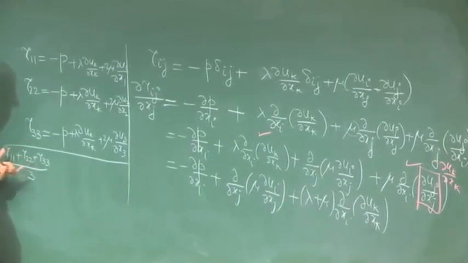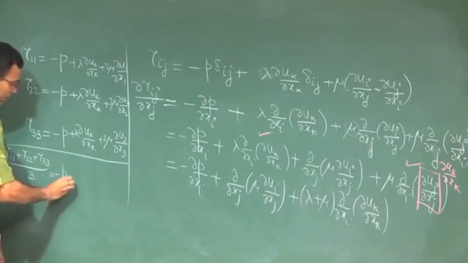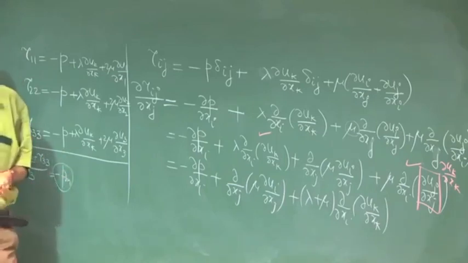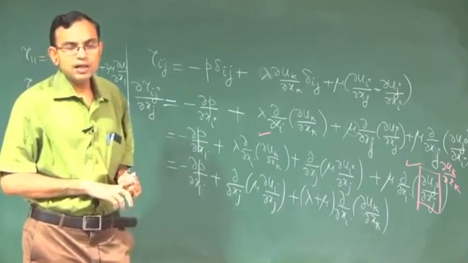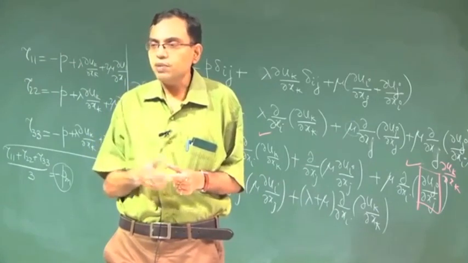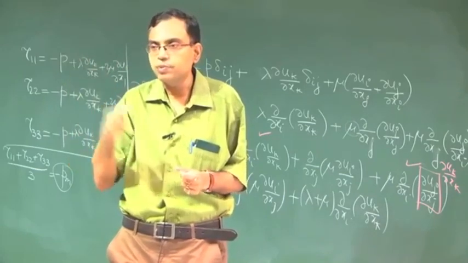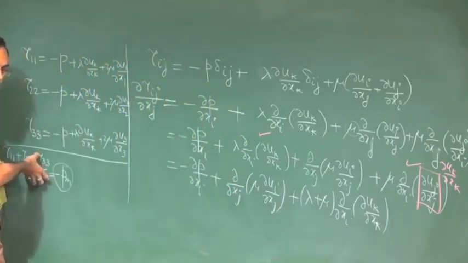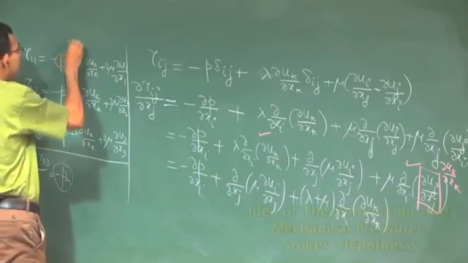and make an average, this is called minus of mechanical pressure by definition. What is PM? PM is mechanical pressure. Mechanical pressure is just the arithmetic average of the normal components of the stress with a minus sign, because normal components of the stress are tensile if they are positive, but pressure is by definition compressive if it is positive. So, this is average normal stress, this is defined as mechanical pressure, and this P is defined as thermodynamic pressure.